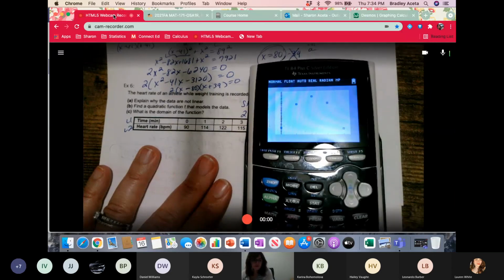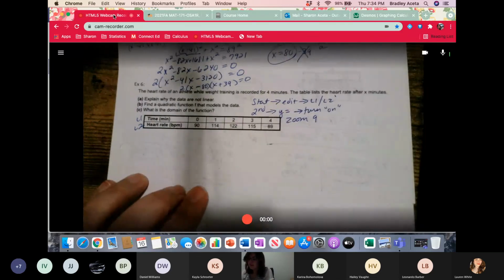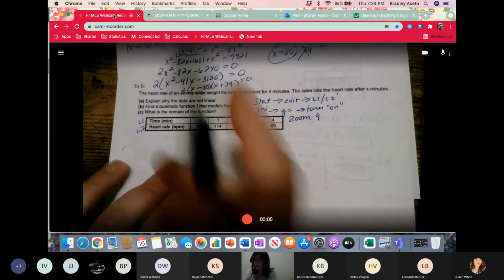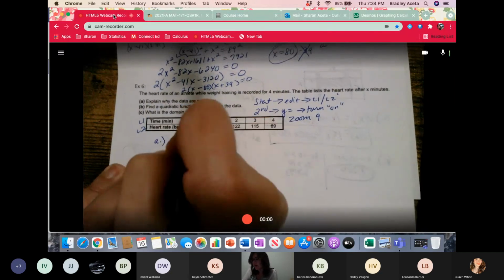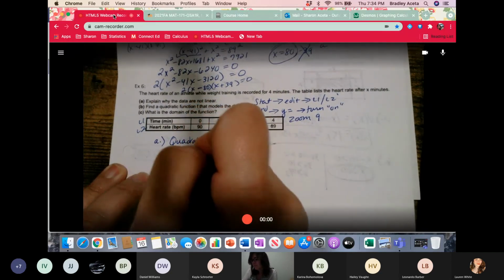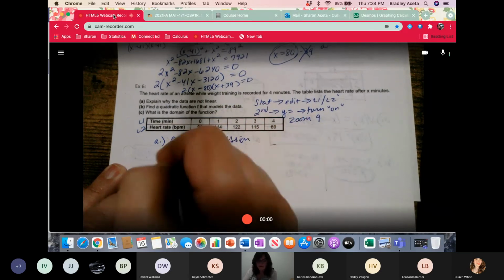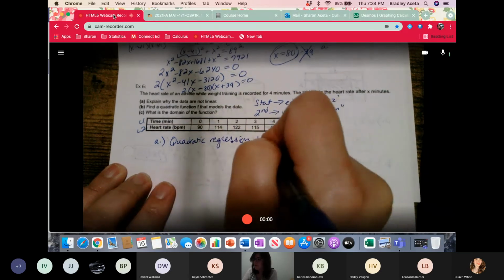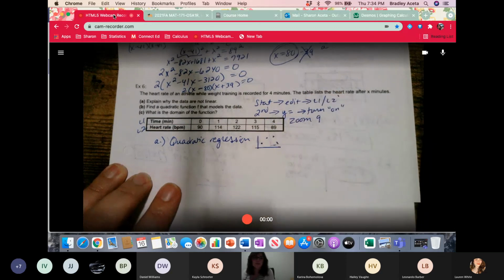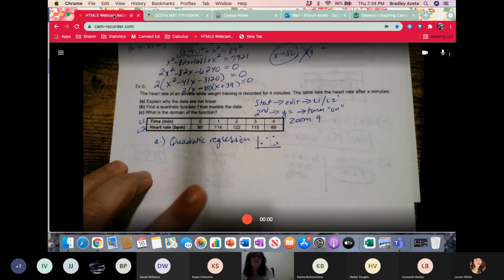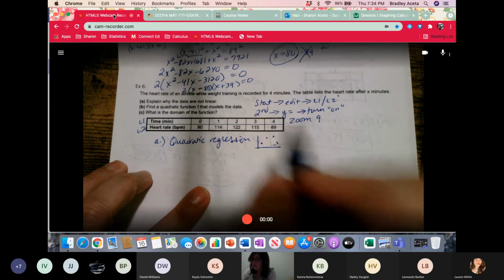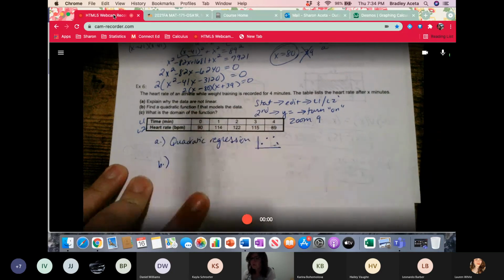Now that looks, what does that look, linear? No, that is not linear for sure. That looks quadratic. It's a quadratic regression. Okay, that's for sure. And I think they give you multiple choices on like that part. Part B, find a quadratic function that fits that model. So the way to do that, the calculator will do it for you,